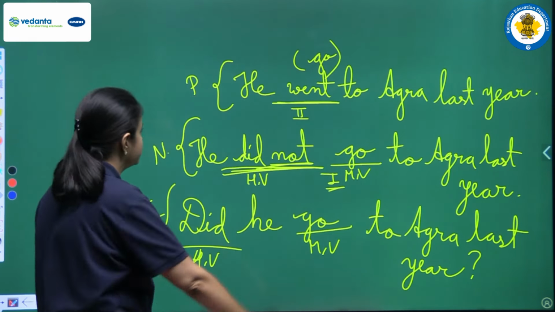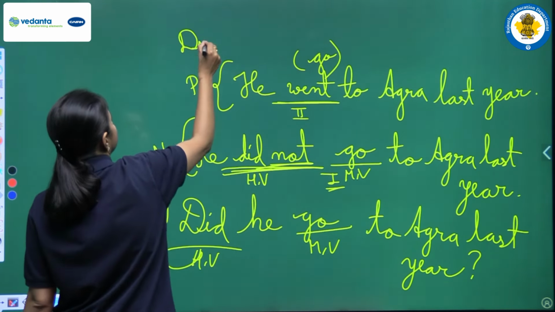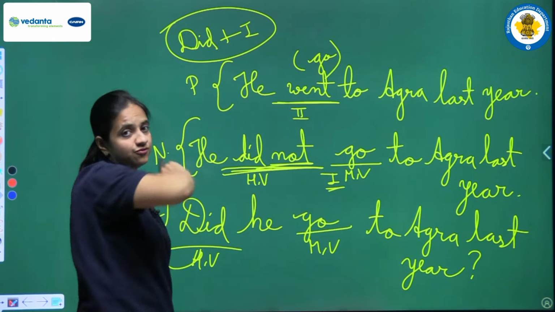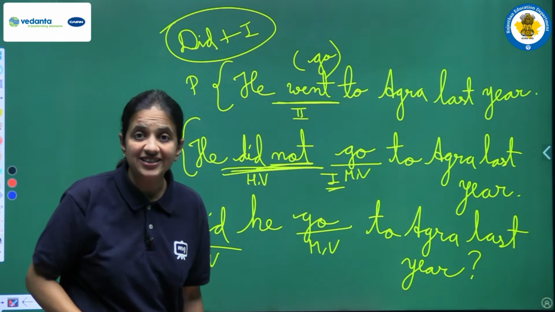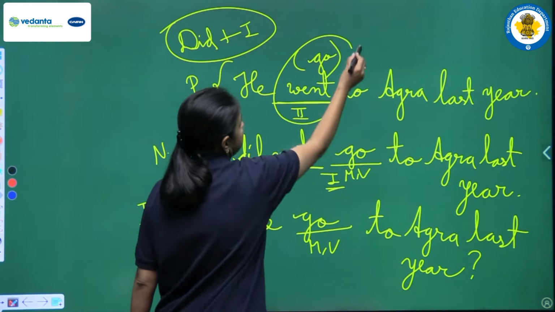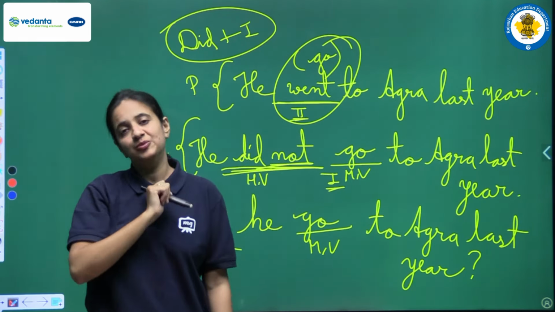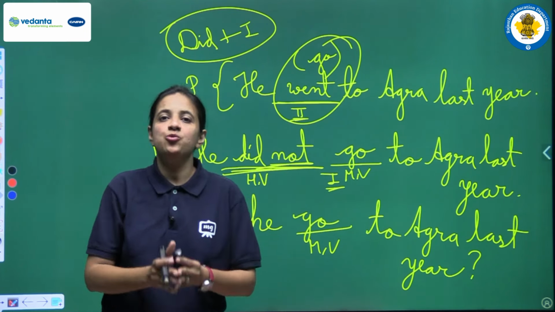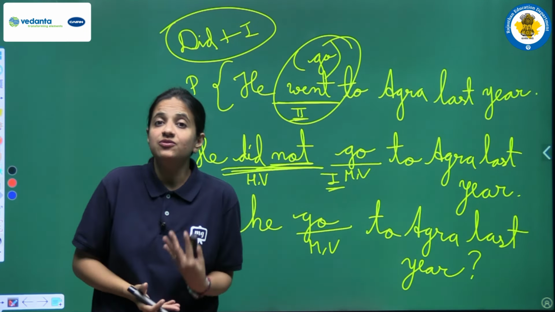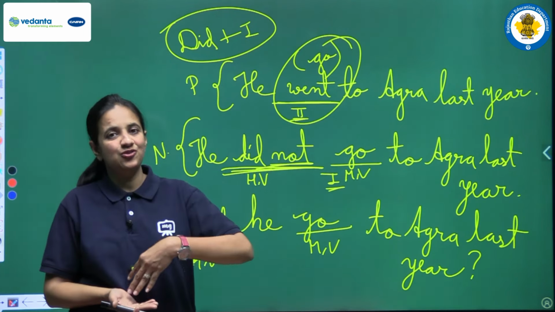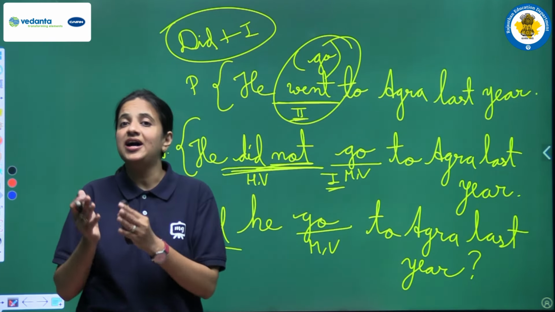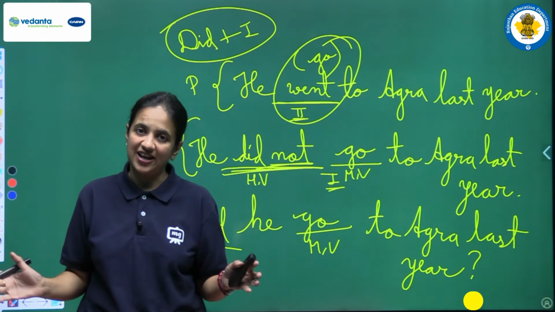So just learn this thing that did plus always first form, but if did is not there in the sentence, it means the sentence is a positive one, then only you have to write the second form of the verb. Okay, so this is very important, and very carefully you have to observe these rules, that yes, we have to follow the first form also, and the second form also, in past simple tense, right?